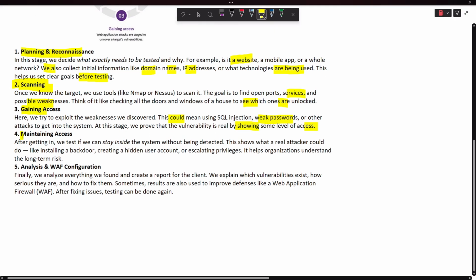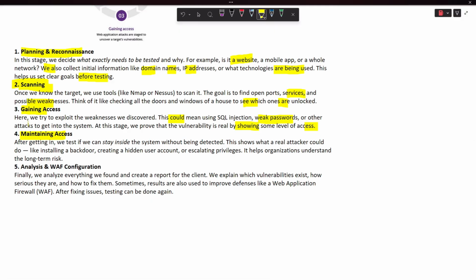Then we have maintaining access. Don't worry about how to perform all these things, we will be going step by step. I'll be teaching you about vulnerabilities, how to exploit them, how to take a reverse shell, and so on. After getting in, let's say you take the initial shell and you have successfully gotten the initial access. Then what we do is test if we can stay inside the system